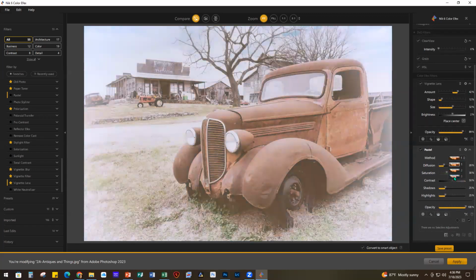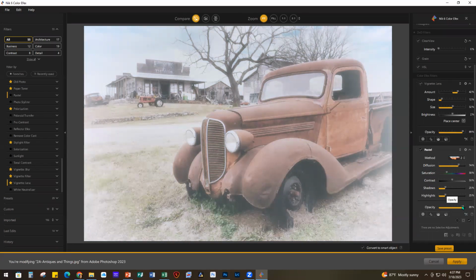I'm going to go to version 2, and I'm going to change my diffusion. This is not the diffusion for a control point, this is the overall diffusion. So I'm just giving it a softer look. I'm changing my saturation. We're going to leave that at 30. Opacity, we're going to bring back a little, and give it that faded look. And then,